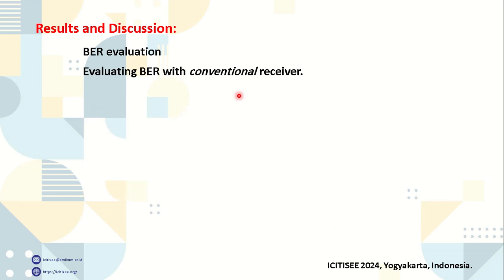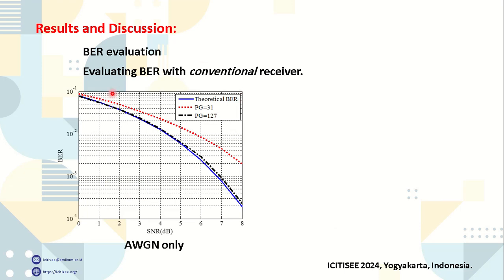First, the bit error rate is evaluated with the conventional receiver. This figure shows the bit error rate with the conventional receiver and an additive white Gaussian noise channel only. Here we can see the performance for processing gains of 31 and 127. And as we can see, as the processing gain increases, the performance is enhanced,